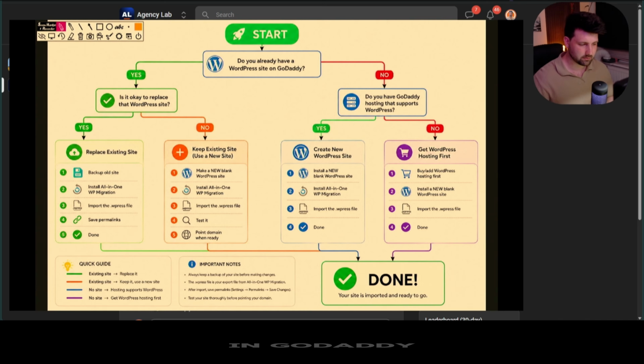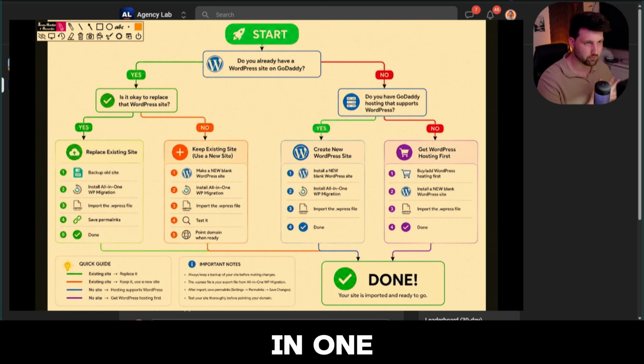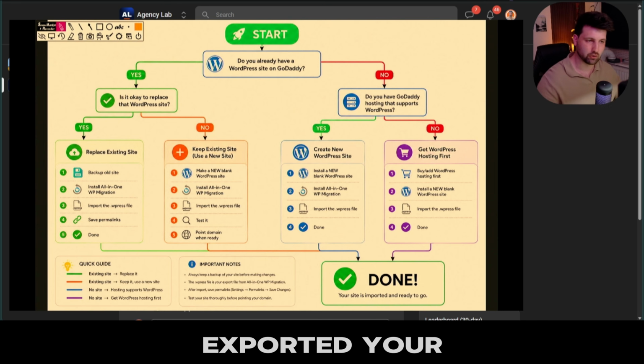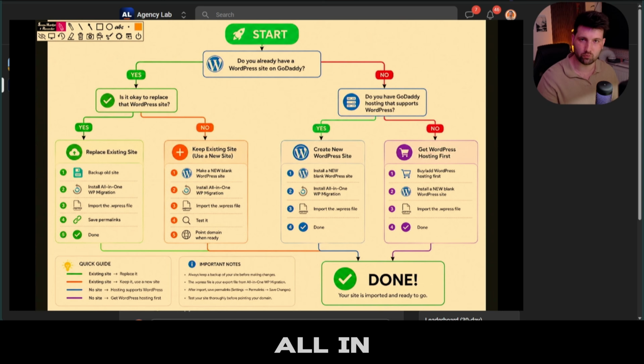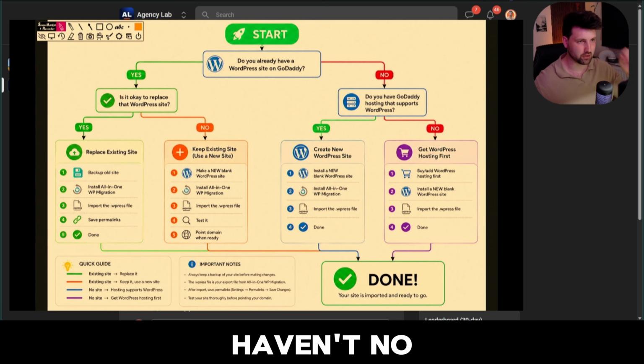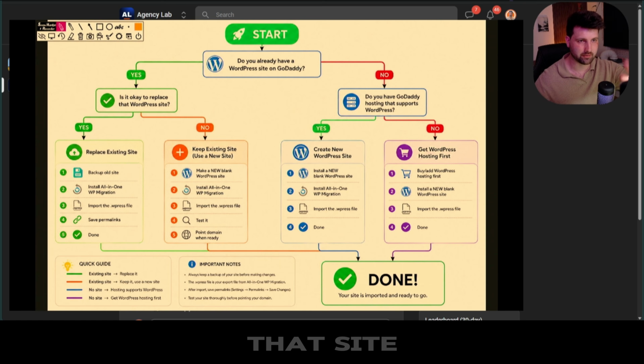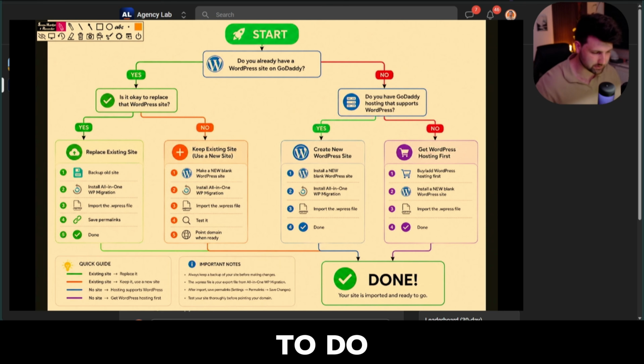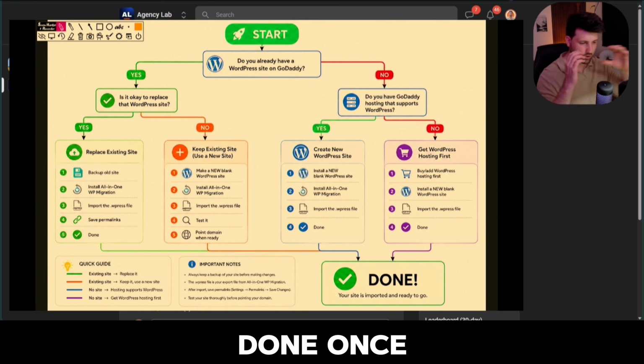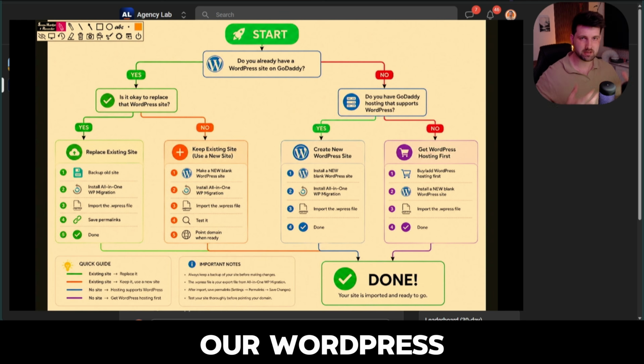Okay, so before we go into this, I'm going to assume that at this point you've been in one-click website and you've exported your WordPress file already with the all-in-one WordPress downloader. If you haven't, no worries. I'm literally just going to go into that site live on screen and show you exactly how to do that. So once that is done, once we've got a WordPress file, which is our WordPress just in a file,